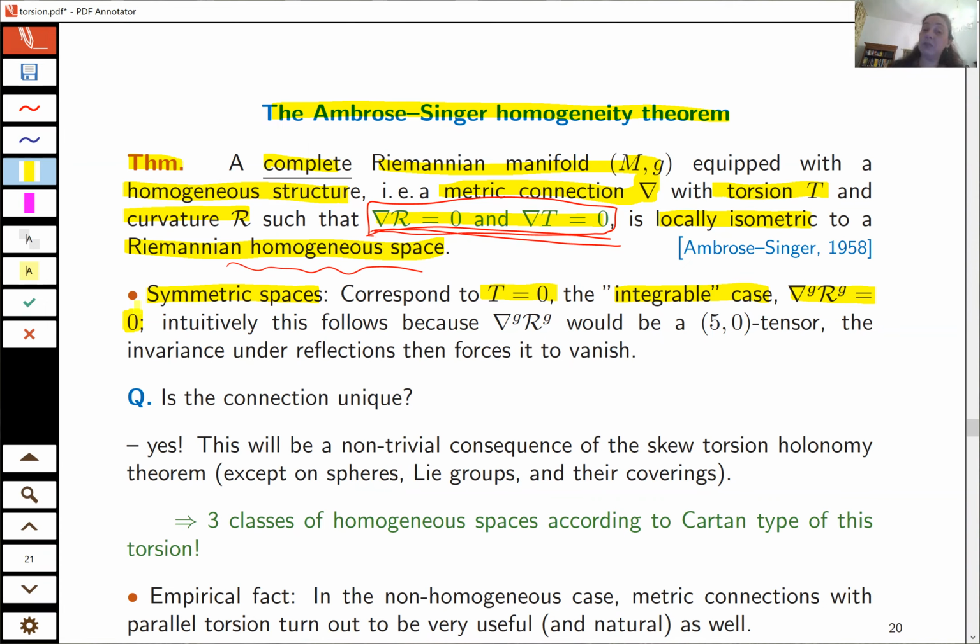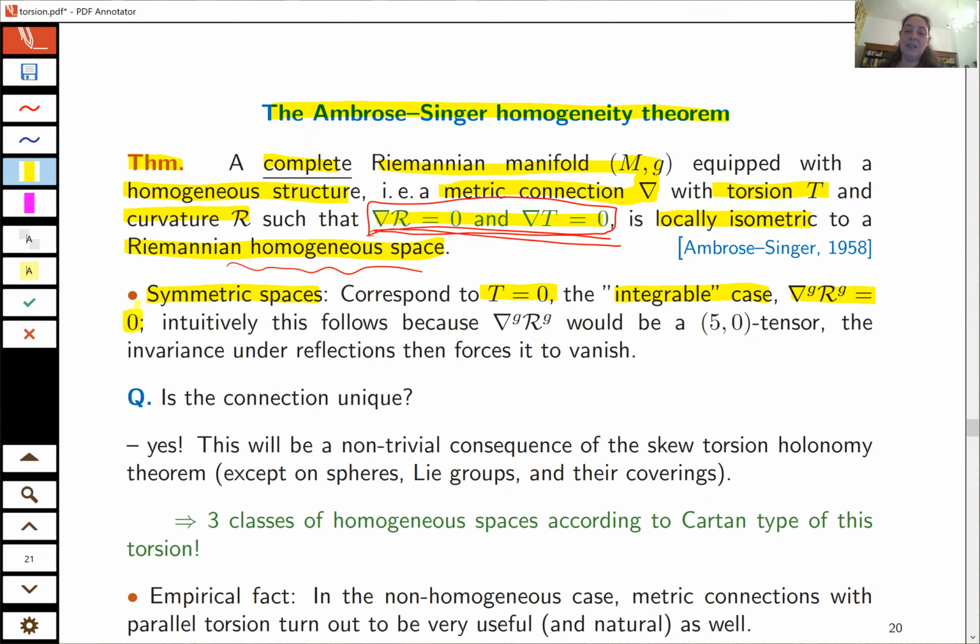So if you ever asked yourself how to generalize that to non-symmetric homogeneous spaces, this theorem is the answer. Now, intuitively, the reason is, the other approach to symmetric spaces is via certain reflections, point reflections in a point, which should be isometries. And now if one has this local reflection property, which defines symmetric spaces geometrically, then you can use it to